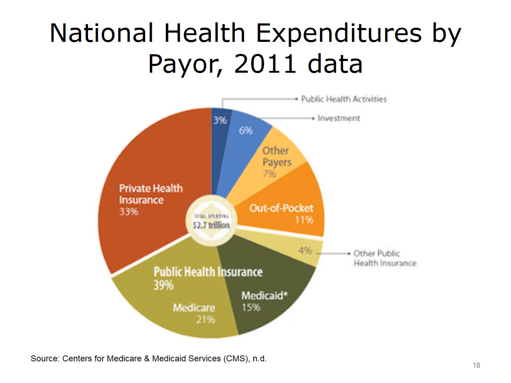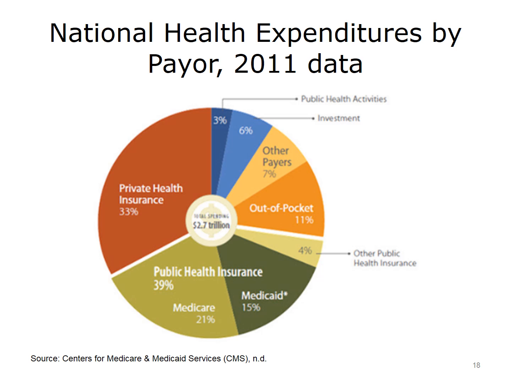This slide shows a different way of classifying expenditures by payer. The data are from 2011. Private health insurance accounted for 33% of expenditures. Public health insurance accounted for 39%, comprising Medicare and Medicaid, and the section labeled Other Public Health Insurance, including Department of Defense and Veterans Administration spending, together encompassing 3.2% of national health expenditures, and Children's Health Insurance Program,